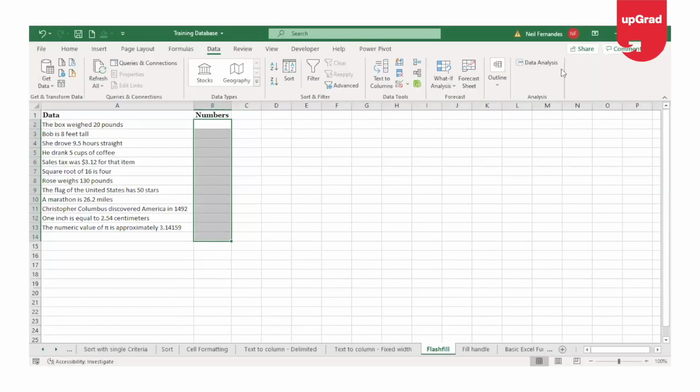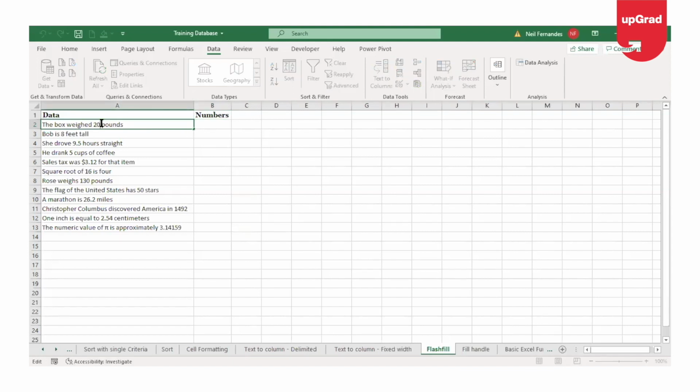So let's see in our example, there is some data placed in a single column. The goal is to extract the number from each cell and put it into a separate cell. The text to column command cannot do this because the space delimiters aren't consistent. And in order to use flash fill, we will have to copy the number from the first cell containing data and paste it in the adjacent cell, which in our case is B1. So now I will first copy this data or just type it in the next one, which is 20.